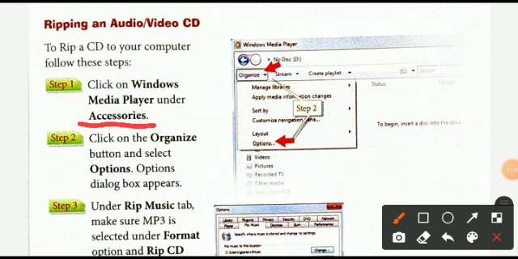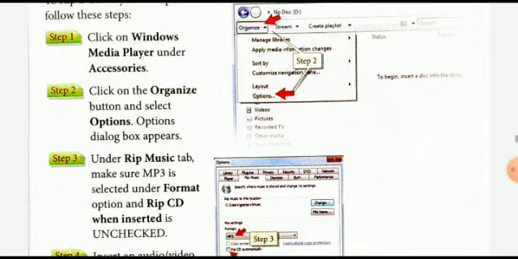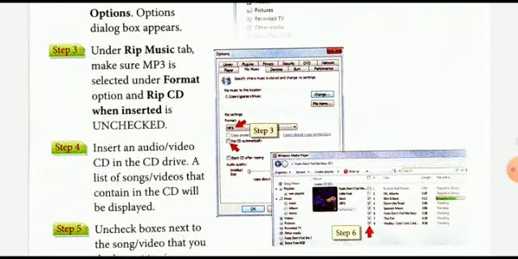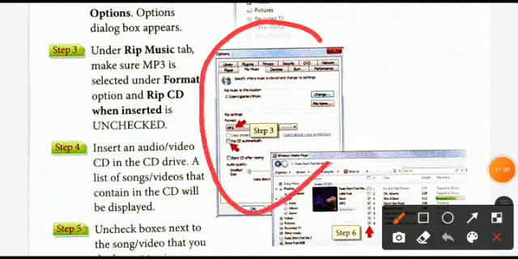Okay, and step 2 is click on organize button, that is here, and select the option dialog box. If you click the option, then an option dialog box appears just like this. This is your option dialog box.